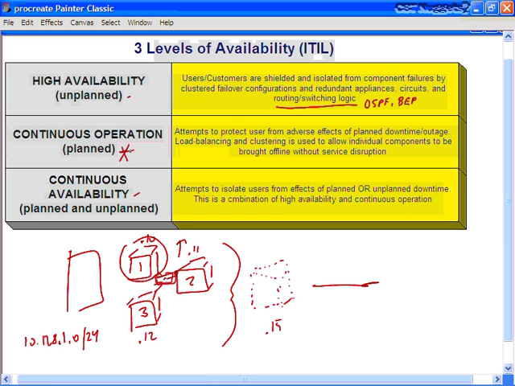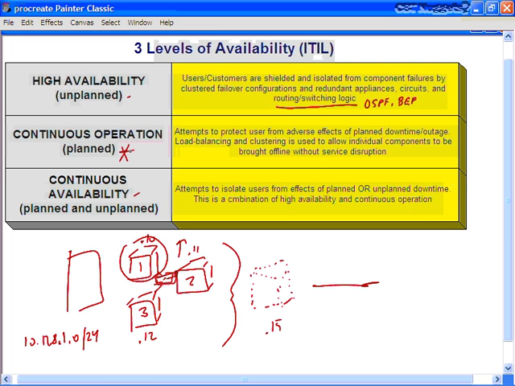To replace the power supply, I have to bring down that office for about 20 to 25 minutes while I replace the power supply, and I also configure the management tools that go along with that power supply and the operating system. So I have to protect users and protect the business from any adverse effects of the process